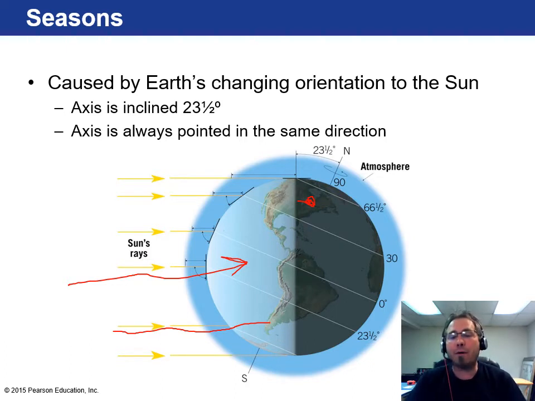And this is weird to a lot of people. When we have our first day of winter, Australia is having their first day of summer. So when we celebrate Christmas, winter's just starting for us, and in Australia, their summer is just starting at Christmas. It's very, very foreign to us up here in the northern hemisphere to think of something like that. But it all has to do with that 23 and a half degrees of tilting. So when the earth is spinning around the sun and it's tilted away from the sun, we're in winter, and eventually it starts to change that tilt towards the sun, and then we get towards our first day of summer.